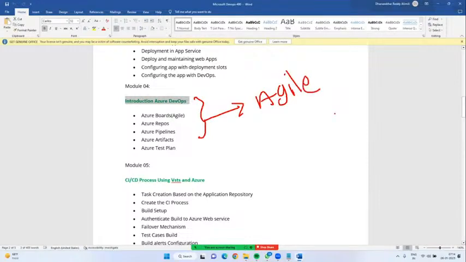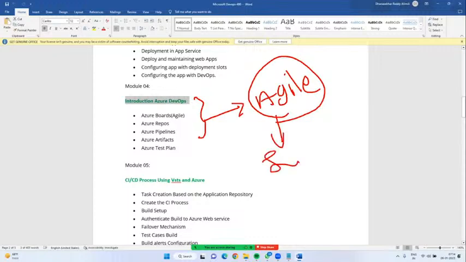Have you heard about it, the Agile model? Yes or no? Every project in the world, my words are very clear, every project in the world is implemented based on the Agile model. What is the Agile model? Any idea? It's a software development life cycle.